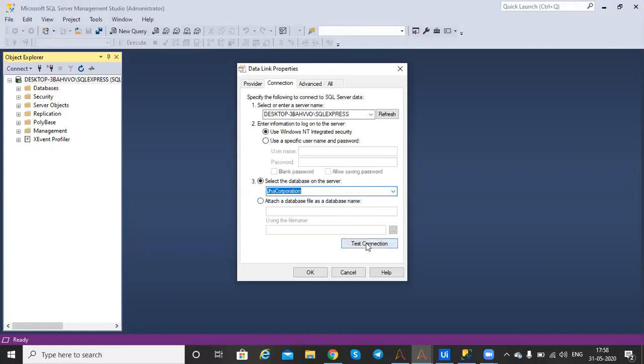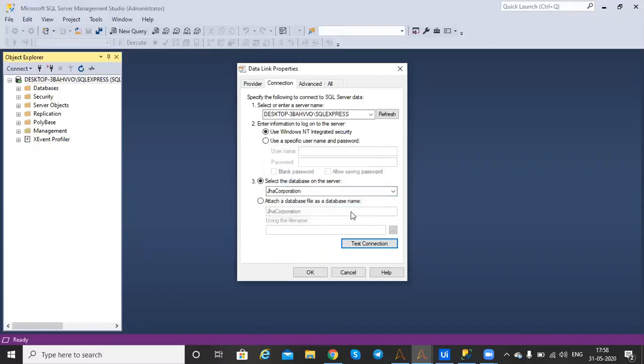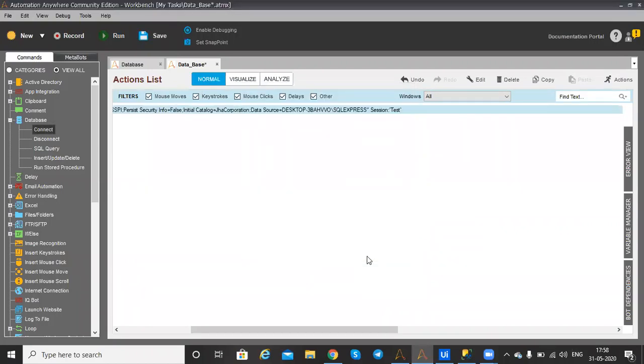Here we check the test connection, and we get the message that the test connection succeeded. Then we click the OK button and save it.